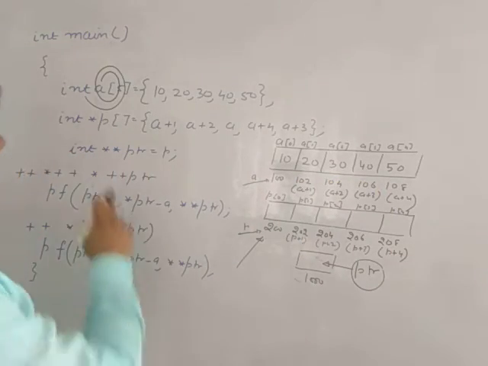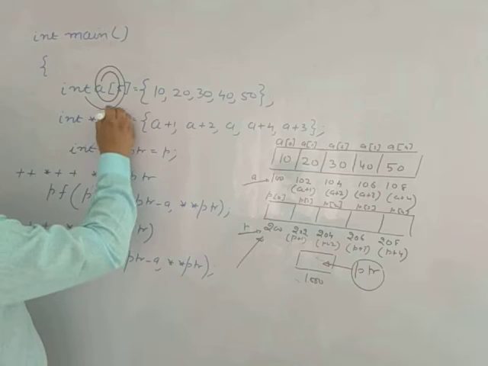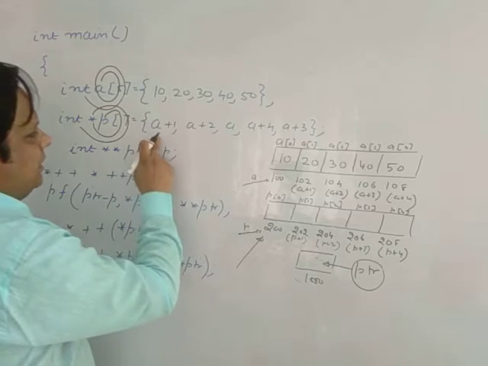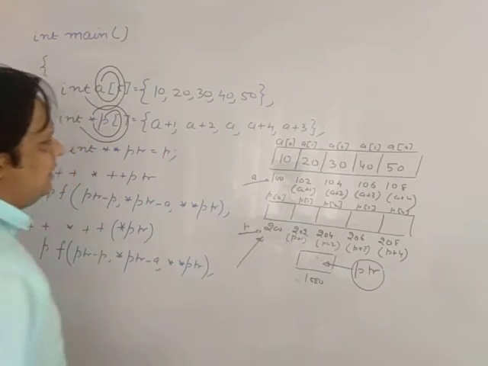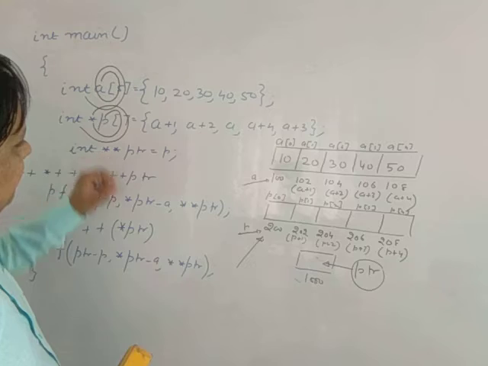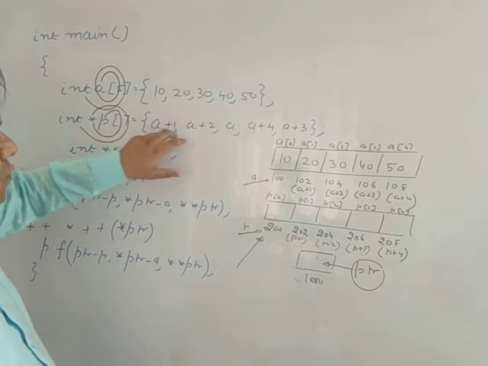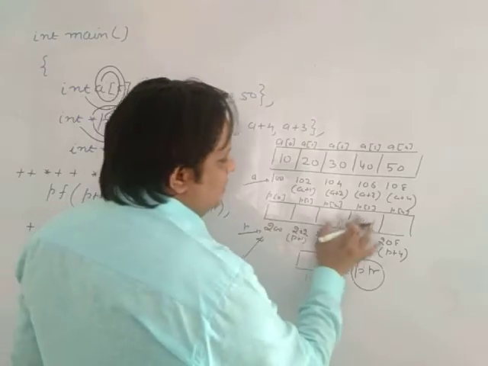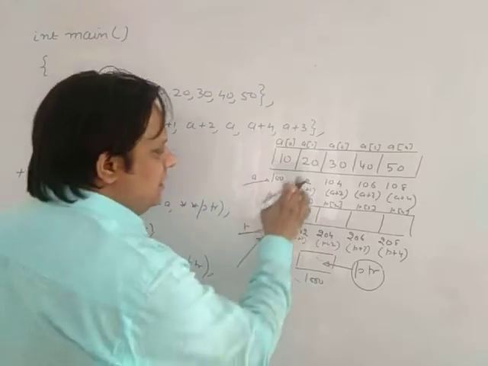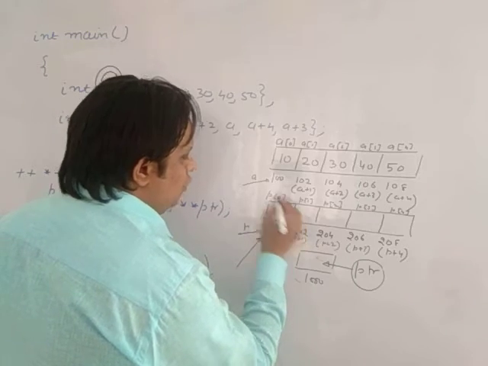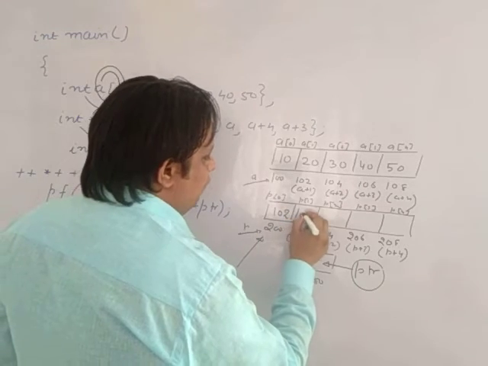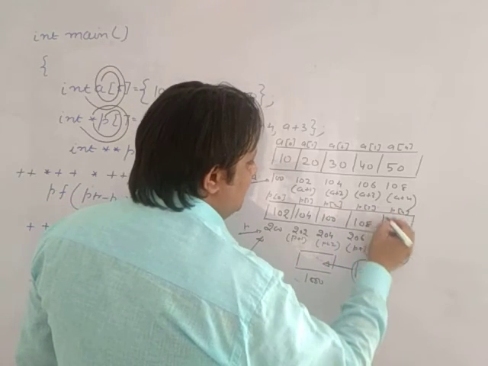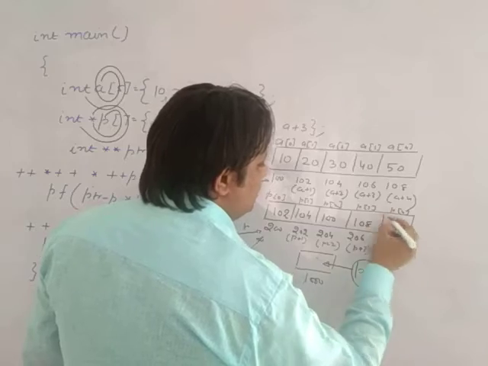Now moving on to the next line. What is p? P is an array, but it's an array of pointers pointing to integers. So P is an array of pointers where each pointer is holding the address of a plus 1, a plus 2, a plus 4, a plus 3 respectively. So just try to fill the blocks. So P[0] is containing what? a plus 1. What is the value of a plus 1? a plus 1 is 102. a plus 2 is 104. a is 100. a plus 4 is 108 and a plus 3 is 106, right?